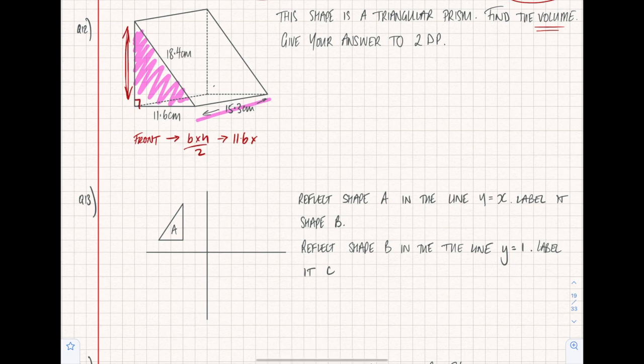This would be a right angle. I'm going to need to use Pythagoras. That is the shorter side. So what you need to do is reverse Pythagoras. So you're going to be doing 18.4 squared. So to find the shorter side in Pythagoras, you square, you subtract. So 18.4 squared, which gives you